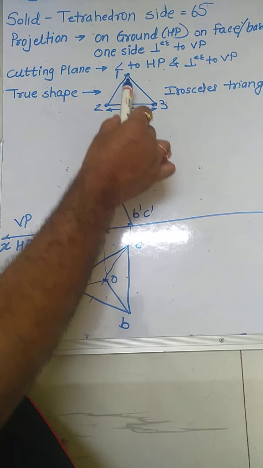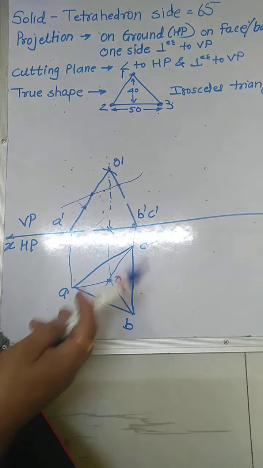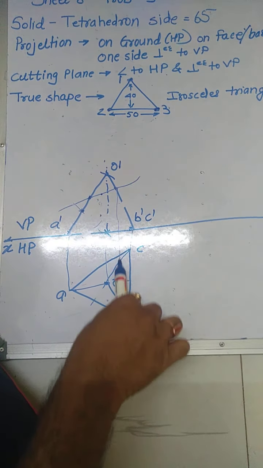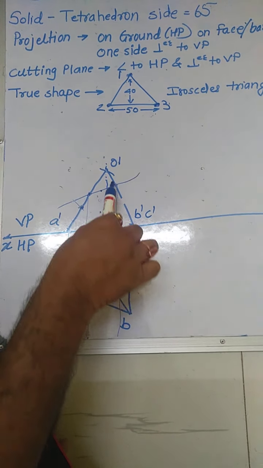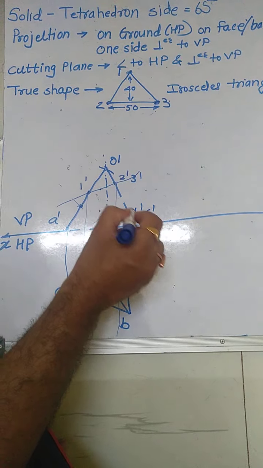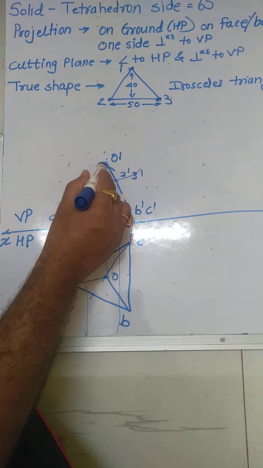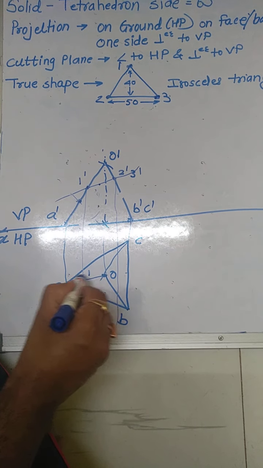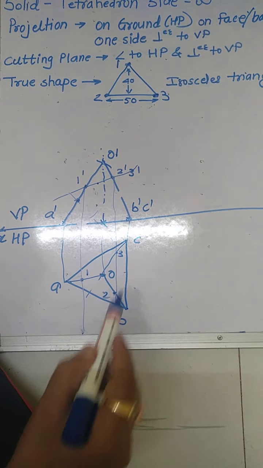cut the section, that is an isosceles triangle, of this much dimension. Okay, base 50 mm and altitude 40 mm. So let's see where you will get the base. Now if you project it, O dash B dash, O dash C dash. Suppose this is 1 dash, this is 2 dash and 3 dash. 2 dash is on OB and 3 dash is on OC, and 1 dash is on O dash A dash. So here we will get the 1, O dash, OA, OB2 and OC3.